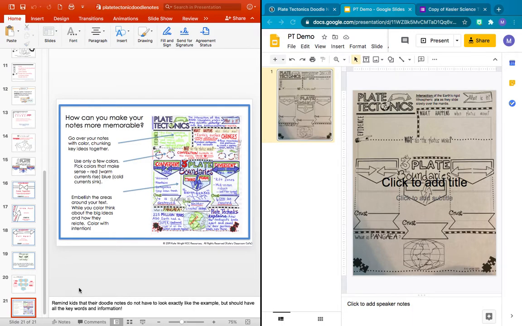When you get to the very last page, it says go over your notes with color, checking key ideas together. Use only a few colors. Embellish areas around your text. While you color, think about the big ideas and how they relate. Color with intention. So it says your doodle notes don't have to look exactly like the example, but they should